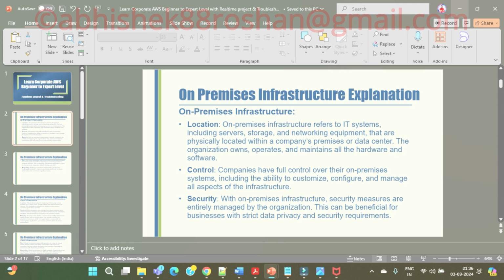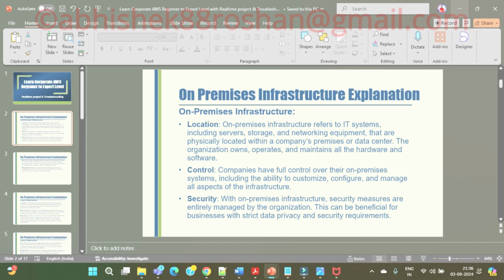I'm not coming to the cons immediately, but the problem with on premises infrastructure is that everything is managed by the company itself, whether it's a server, storage, networking equipment, or physical location. If it has to get a physical location and all the equipment, it is going to be operated by a single company only.